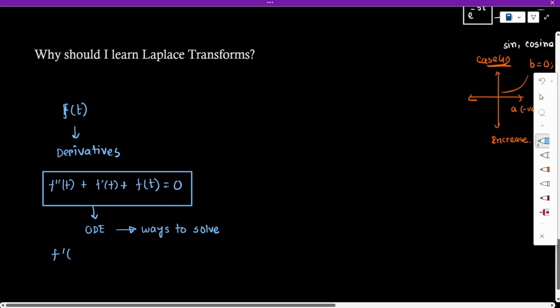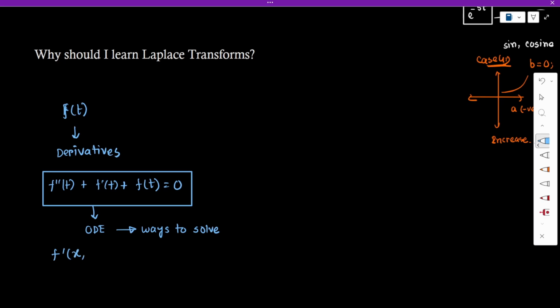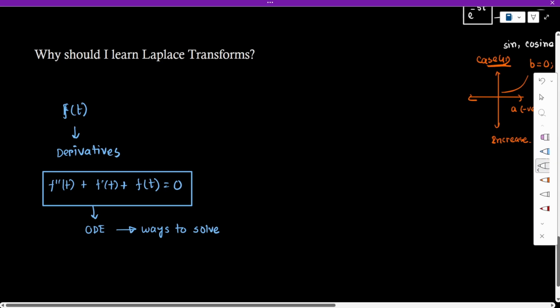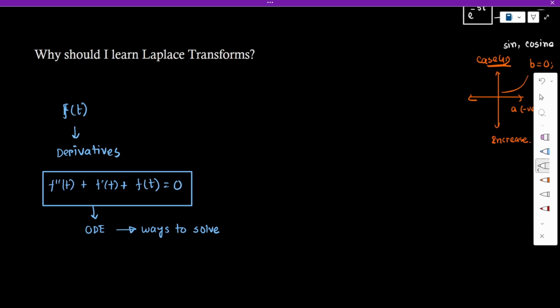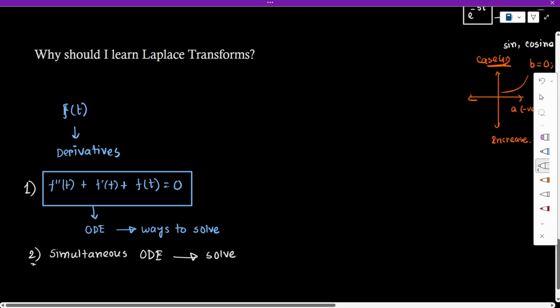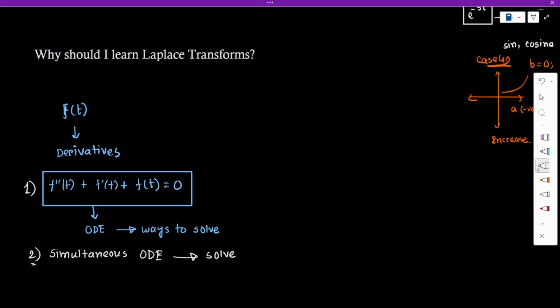And let's say that you have been given higher order ordinary differential equations, or you have been given simultaneous differential equations, and you have been asked to find the solution of these simultaneous differential equations. It will be really tiresome and lengthy calculations that will lead to the solutions eventually, but using the Laplace transform as a machine,